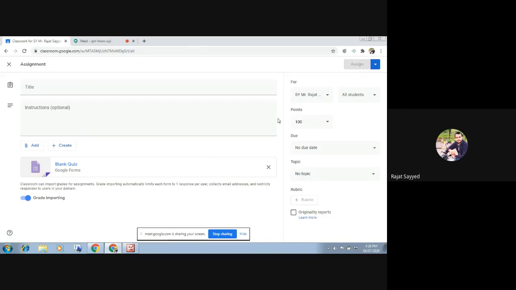Now there are a few settings you need to do in Google Classroom. The settings which we have done earlier are in the Google Form, and a few settings we need to do in Google Classroom. For which students or for which class you want to give this assignment, you can click here. You want to give it to all the students, or to a few students, so you can select. You can ungrade this assignment, or you can give your marks. For example, you can give 10 marks, or up to 100 marks. Now you can set a due date, and you can set the topic of your assignment or question paper.